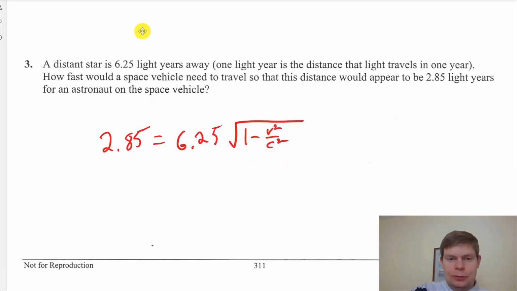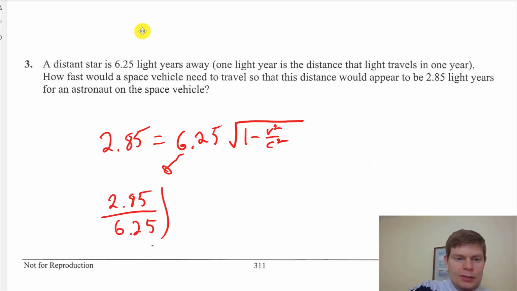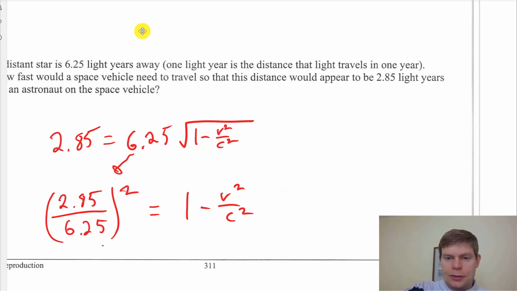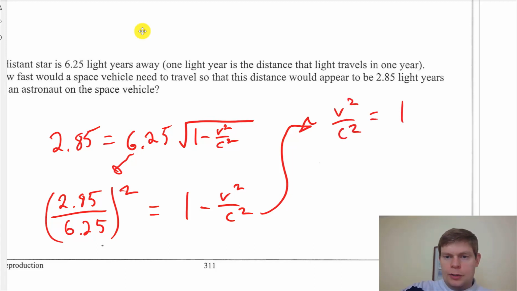So let's solve. We'll kick this guy down there and then square both sides. So we'll have 2.85 all over 6.25. We will square both sides, so all this gets squared, and that will equal 1 minus v squared over c squared. We will subtract this guy from both sides and add this guy to both sides. So we'll have v squared over c squared equals 1 minus